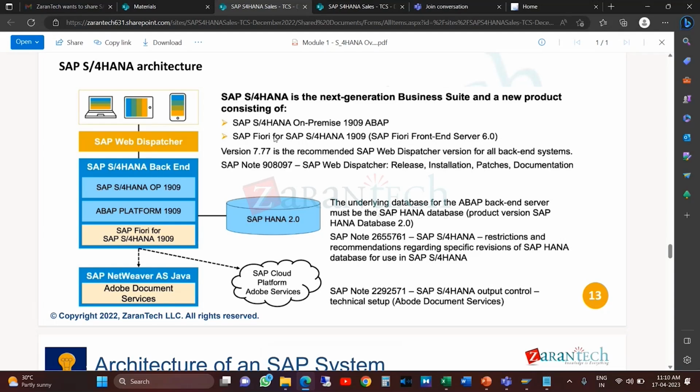And the Fiori app. So now 2020 is there. So Fiori front end server. This is the configuration of SAP Fiori. You can see the web dispatcher. This is basically a technical thing. So we have the back end, which can be 1909 or 2020. So NetWeaver,